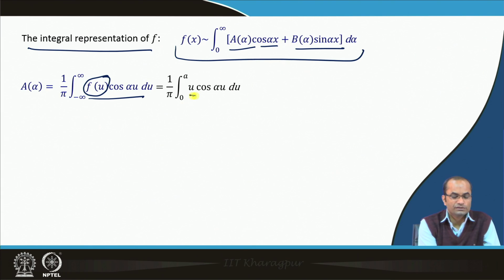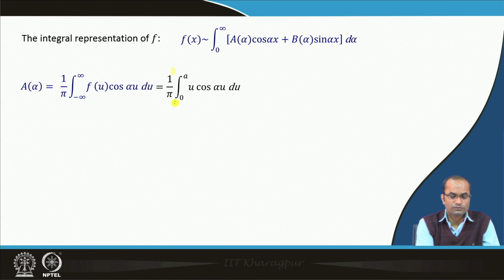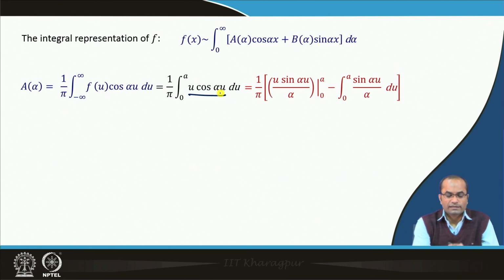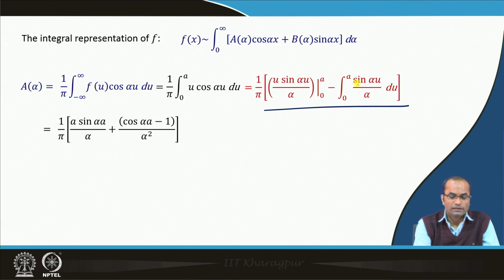So, f(u) is u in the range 0 to a. So, this integral reduces to the integral from 0 to a of u cos alpha u, and that can now be integrated easily. So, we have u, and then the integral of cos is sin alpha u over alpha, and the derivative of u will be 1. So, integration by parts can easily be done here, and then substituting these limits and doing this integral there,